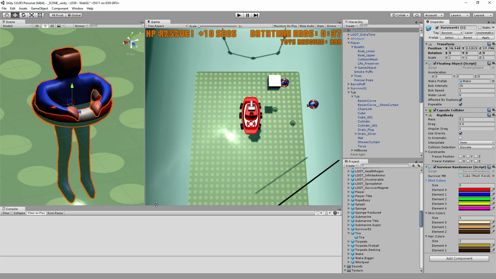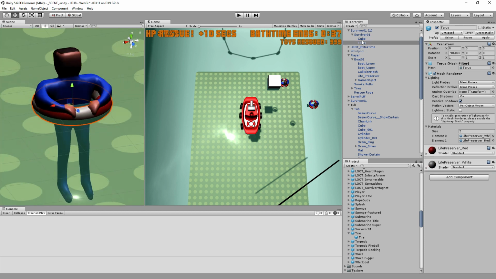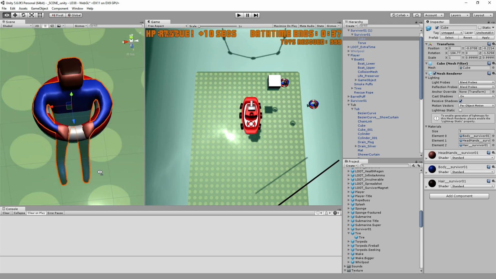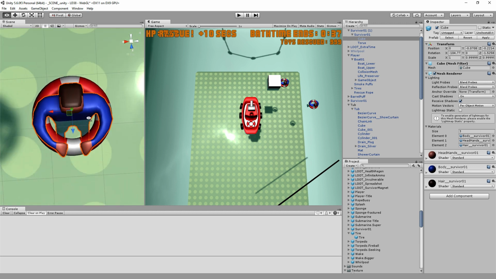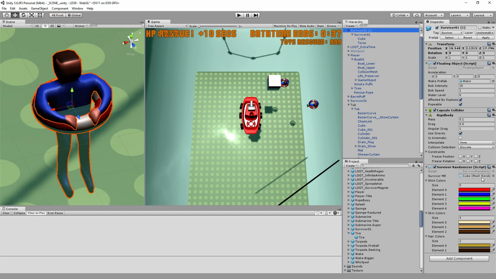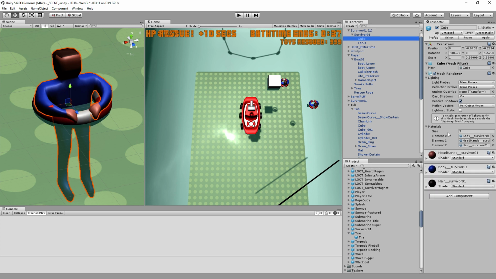No, I'm wrong. It actually has two objects because it has the life preserver, but this is just called Cube here, and this is the survivor's entire model. And again, it was meant to just look fine from the top, and it does. So my script, I point it to that cube, basically the survivor's whole body, and this cube has a